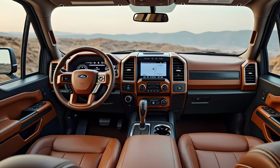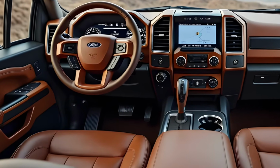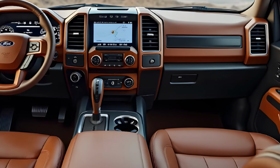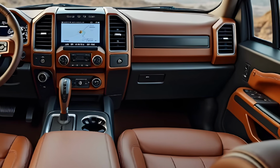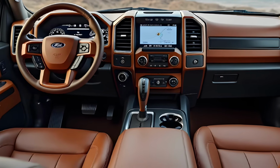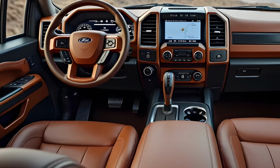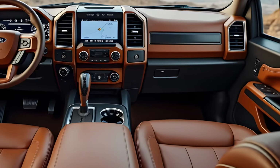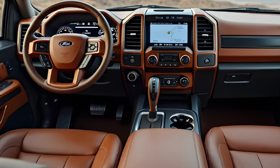Step inside, and the F100 continues to surprise. The interior feels like a perfect bridge between nostalgia and tech. You get bench seating in some trims, an actual bench seat with retro stitching patterns and optional plaid upholstery. Ford's gone all in on capturing that old school vibe while packing in the latest features. The digital instrument cluster is fully customizable and includes retro-themed graphics if you want them, while the center touchscreen, available in 12 or even 15 inches,